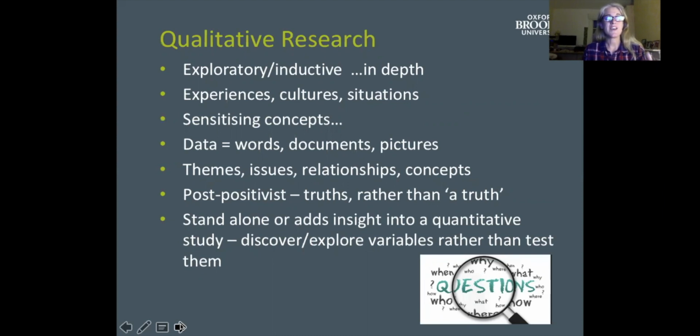Quantitative research tests theory and deals with measurements and cause and effect, and qualitative is exploratory and inductive. And an inductive study is where meaning is inferred, concluded from evidence and reasoning. And this calls for interpretation, whether this be from the researcher or the reader of the research report. Qualitative research tends to explore experiences or cultures or situations, so where there are layers or many aspects to be